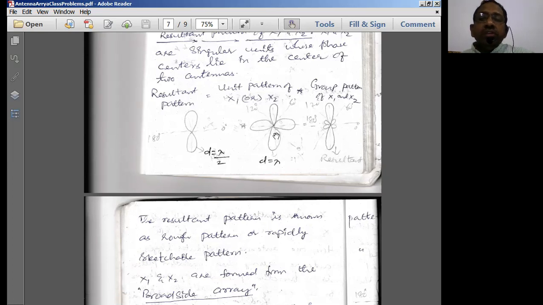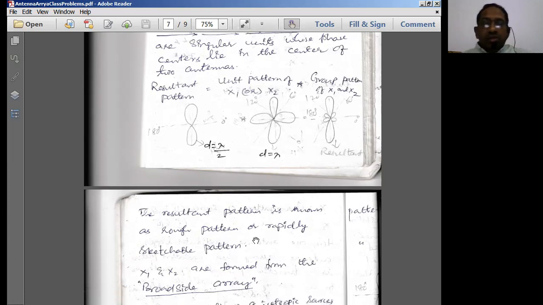And now between this 120 and 180, we're going to have the minima. So you draw this minima here, and between these two also, before the resultant pattern, we're going to have some pattern here, right? So minima here, here also minima you get. Here also you get minima between this line and the 270 degrees line. You get a minima here. See this minima. So here also you're going to get a minima nearer to the 180. So like this, draw the minima. This is going to be the resultant radiation pattern of the four isotropic point sources.